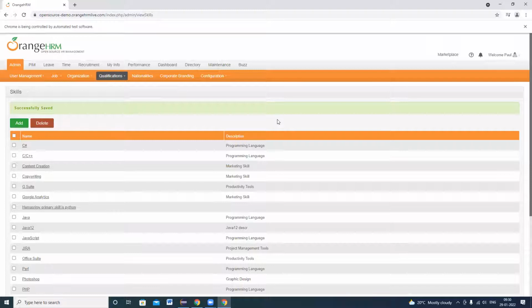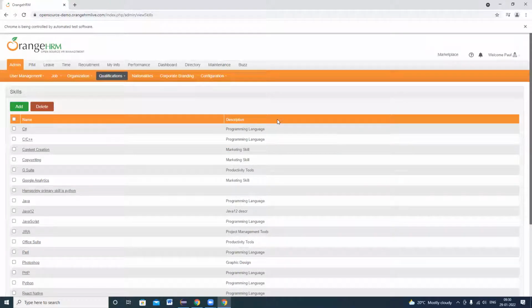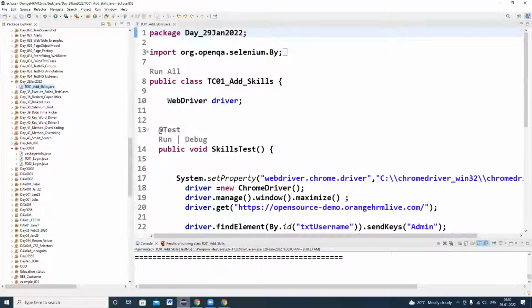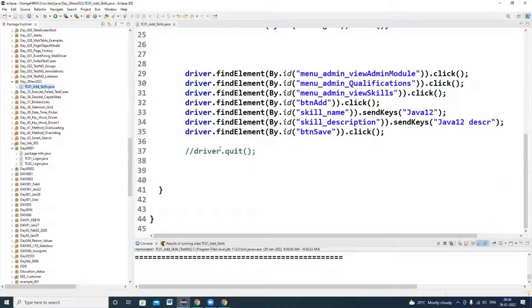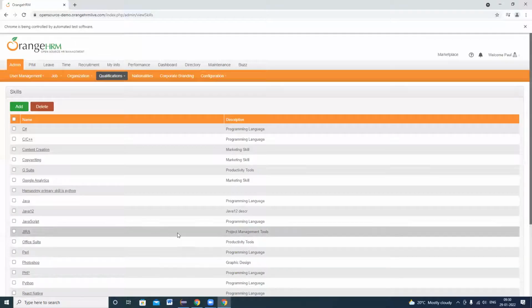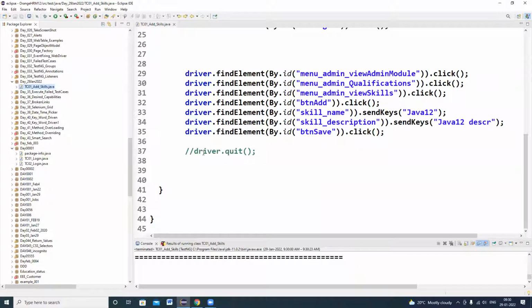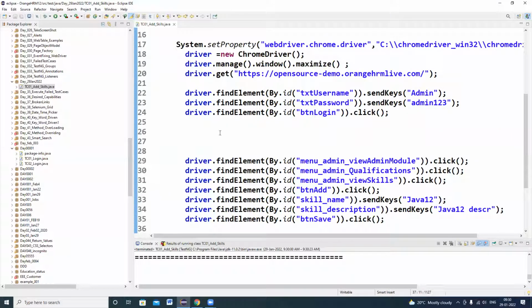So it's clicked and all the set of driver instructions successfully executed. Okay. So up to here, I hope everyone is clear on how to write set of driver instructions now. Okay. So see here, the browser is still open. If you want to close the session automatically after the program, you can write driver.quit. So that session will also be closed automatically.